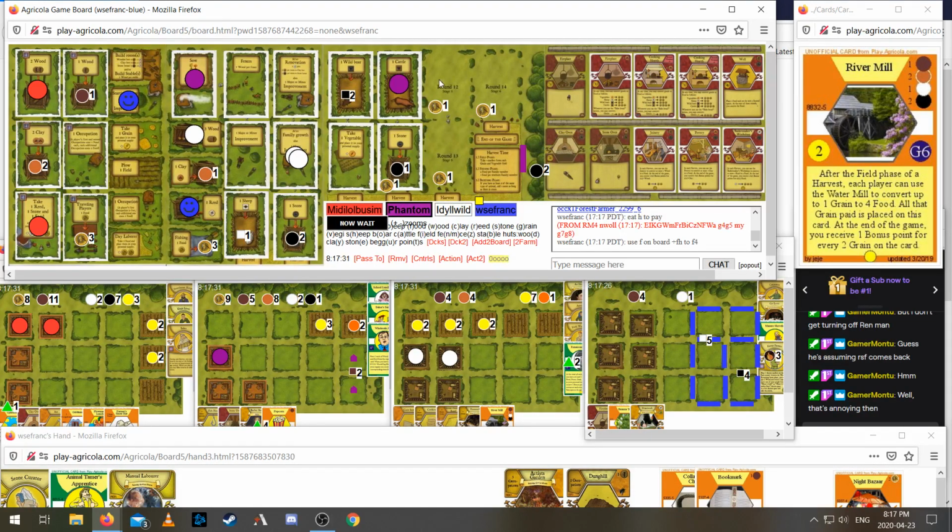Yeah, so I'm happy if round 12 is plow sow, and if round 12 is family growth, well, then I get to grow a round earlier, so that's a thing. Unless, of course, Phantom is going to build another room. No, Phantom has popcorn. Let's trust that Phantom is...